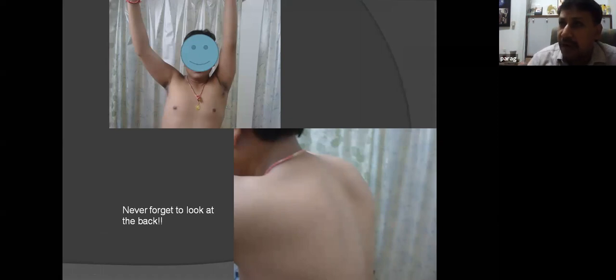Sometimes there may not be a nerve pathology, but there is something called scapular dyskinesias. So there is a problem in the rhythm of the scapula. The muscles may not be firing. It is extremely common, again, especially in athletes. I need to make sure that the patient is intact neurologically. So always look at the scapula.